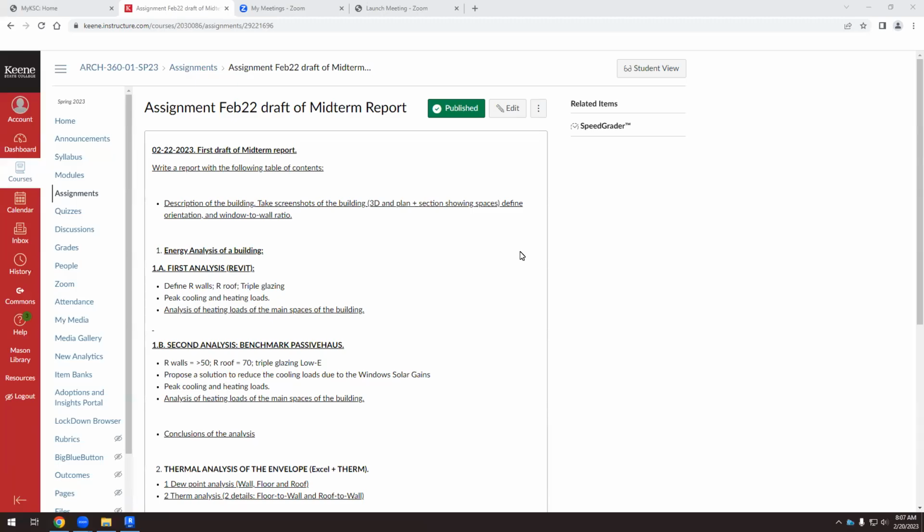This is the first draft of the midterm report. So when we are analyzing buildings, we have to write a report. This is not a design course. The final goal of this is not to submit nice panels or posters, it's just